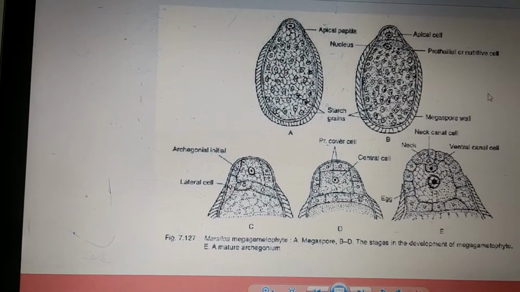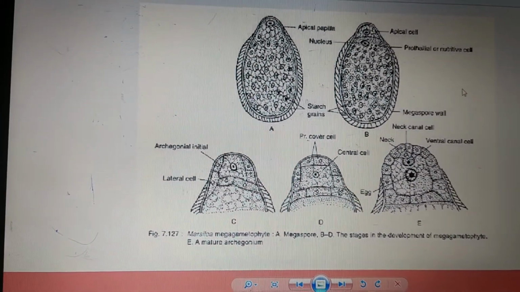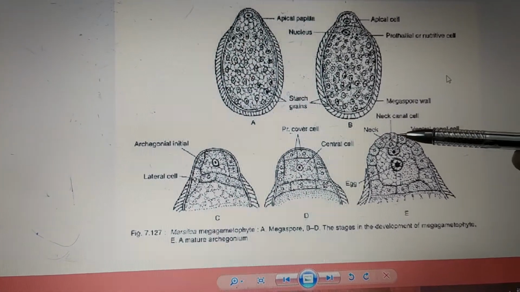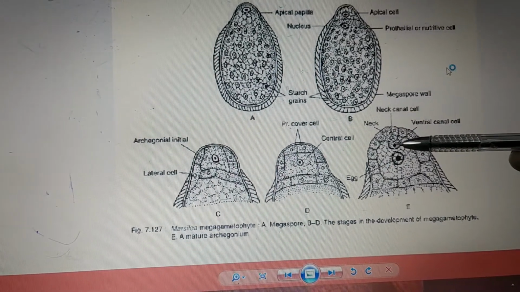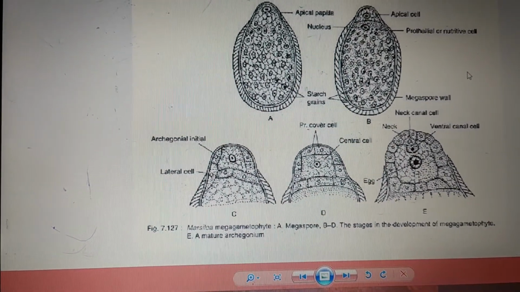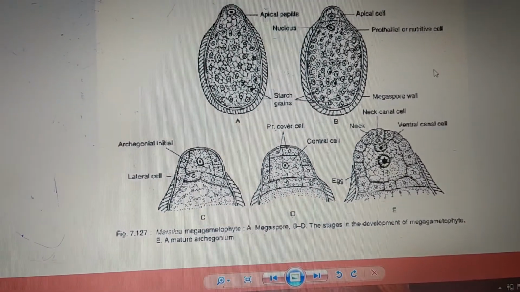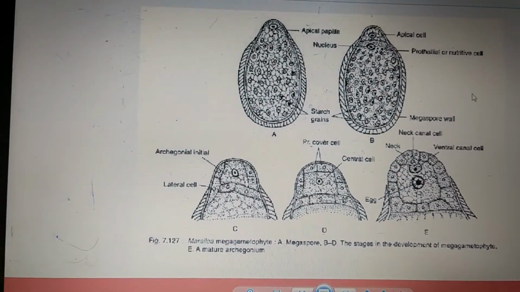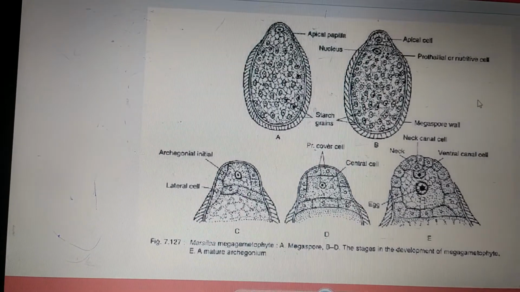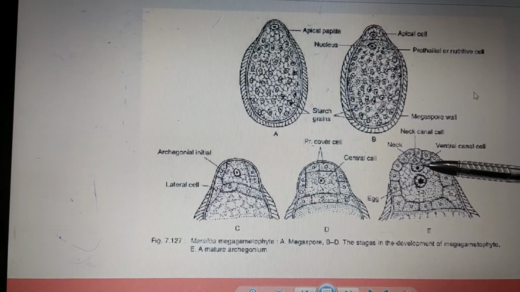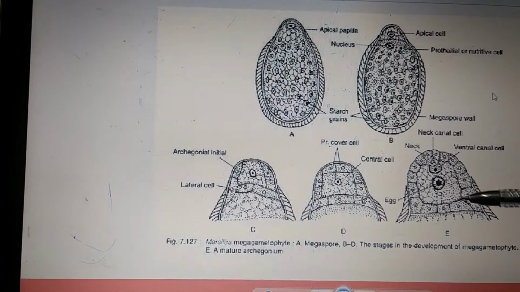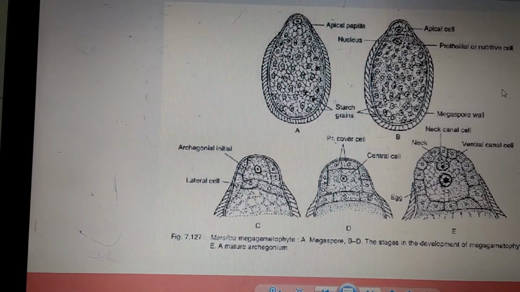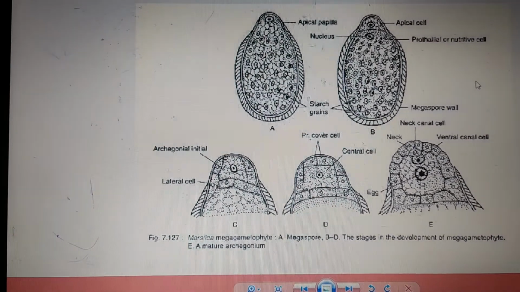Now, the next step after the rupture of the archegonium is fertilization. Fertilization is nothing but first the disintegration of this neck canal cell and the venter canal cell occurs. This creates a mucilaginous substance rich in chemicals. This chemical is going to attract the anthrozoids, so it is a chemotactic response. Apart from that, it is going to create a passage through which the anthrozoid can swim and reach this egg in order to fuse. This fusion leads to formation of a diploid zygote.